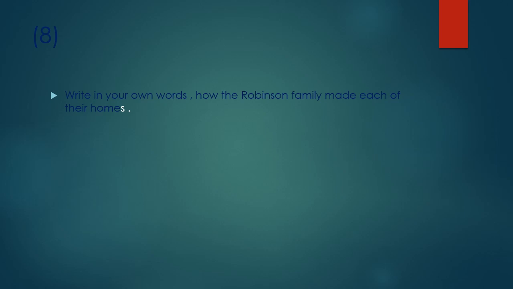So now each house you have to describe in 3 to 4 lines. Read the lesson, you are going to get it, and don't write very big answers for the first home, second home. 3 to 4 lines for each you are going to describe about the house, even in the passage which we did. So they have asked us about it, that how did they build this house. So the answers are there. So you are going to complete your question by writing the 4 homes that they changed and how they built the 4 homes. Is it clear, students? Okay. Now we will move on to our next question.